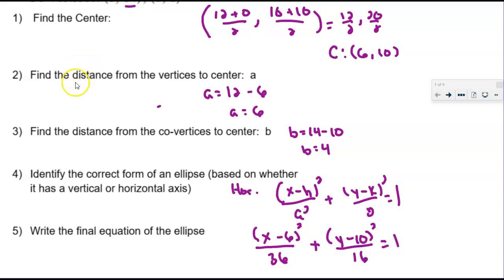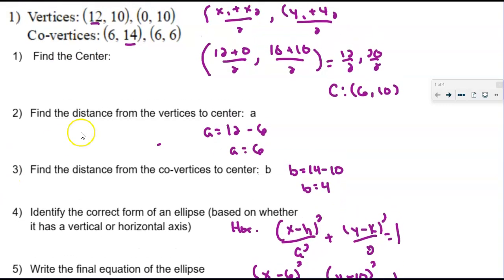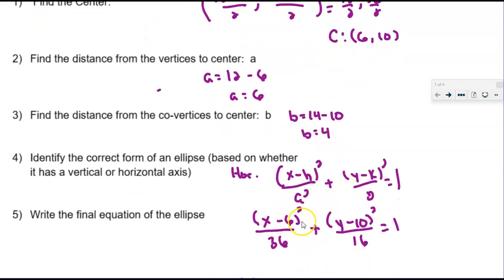Okay? So the first thing that we did was find the center, which we got to be (6, 10). Then we looked at how far away the vertices were from the center, which got us a. The next thing we did was find out how far away the co-vertices were from the center, which was 4. We figured out that it had a horizontal axis because the x values were changing in the vertices. And we just ended up with this equation of (x minus 6) squared over 36 plus (y minus 10) squared over 16